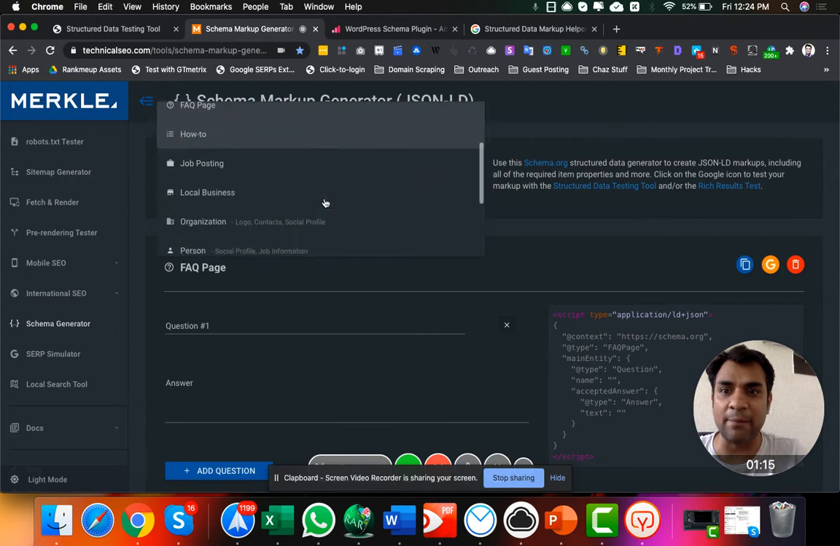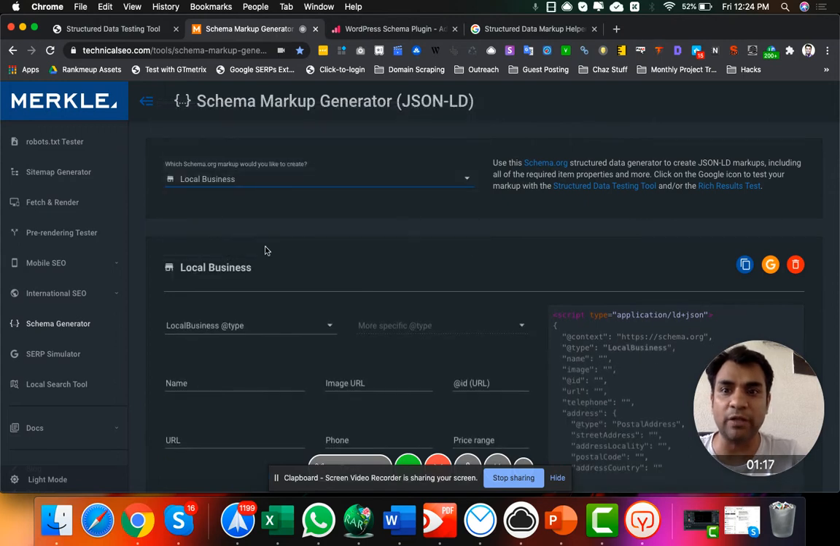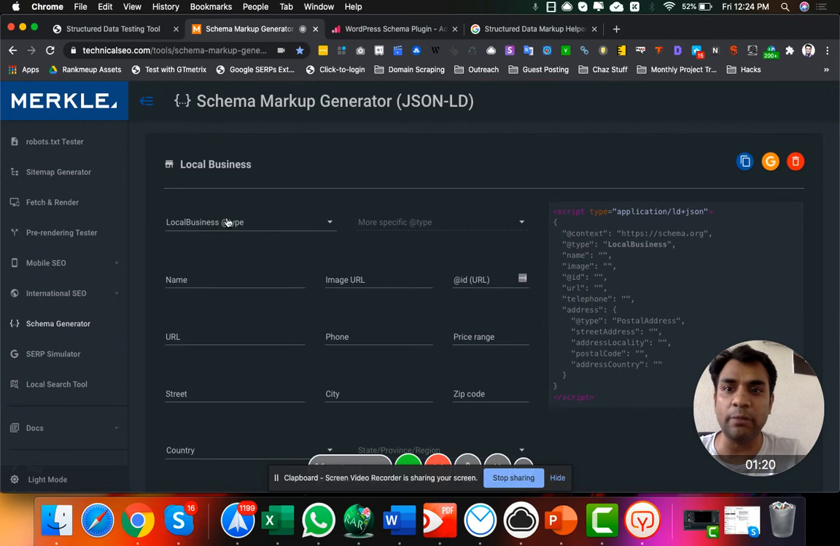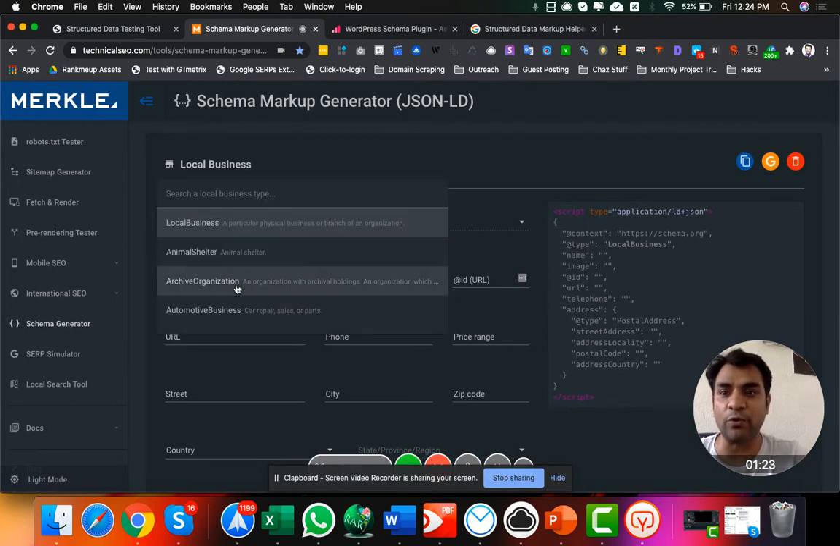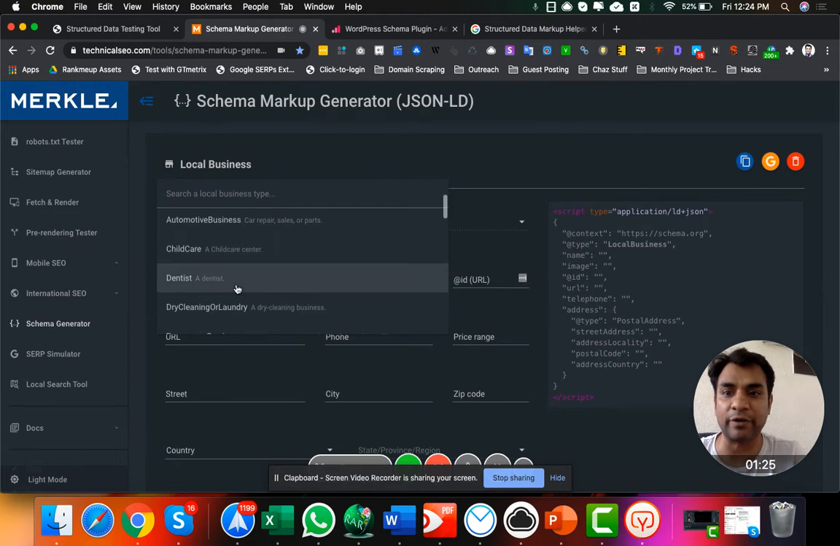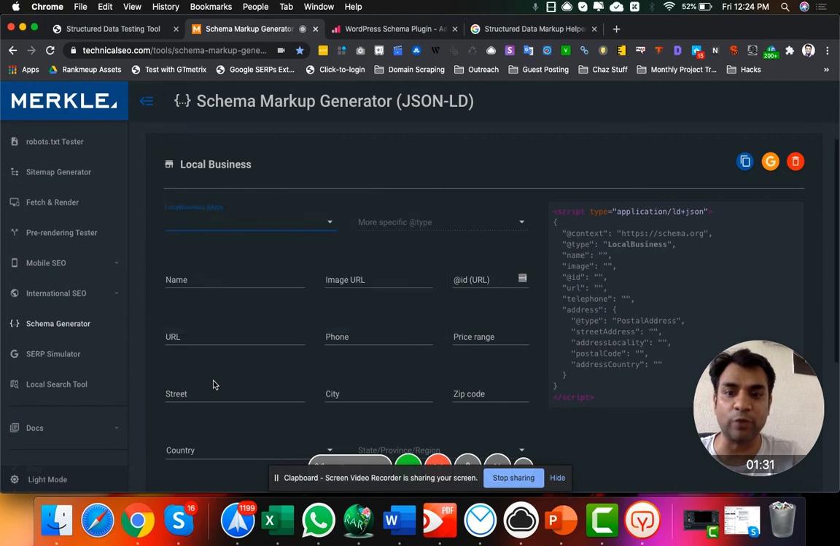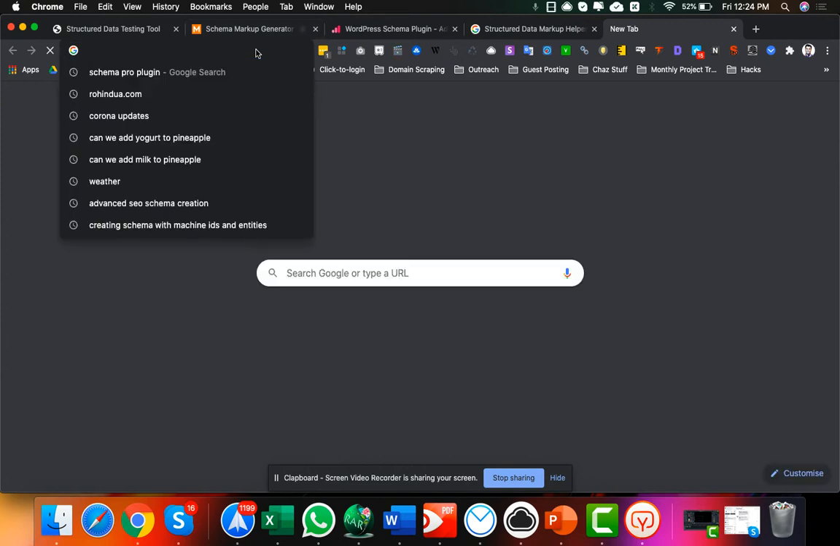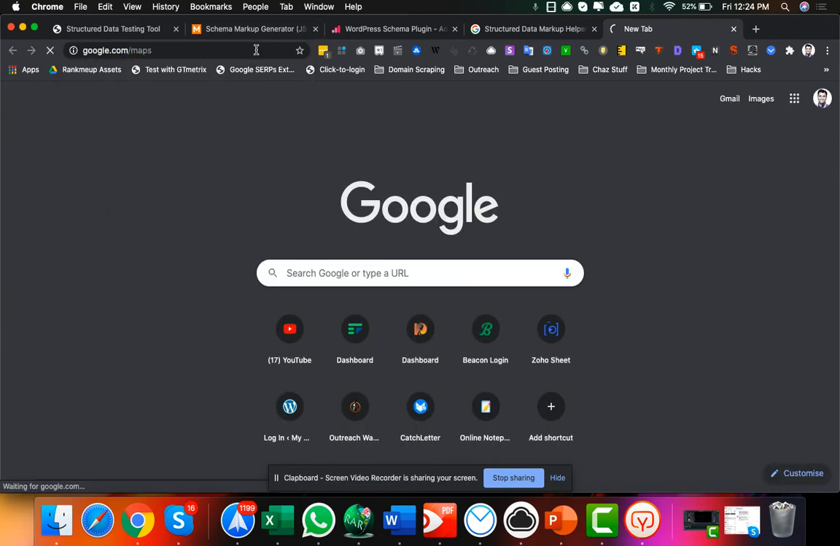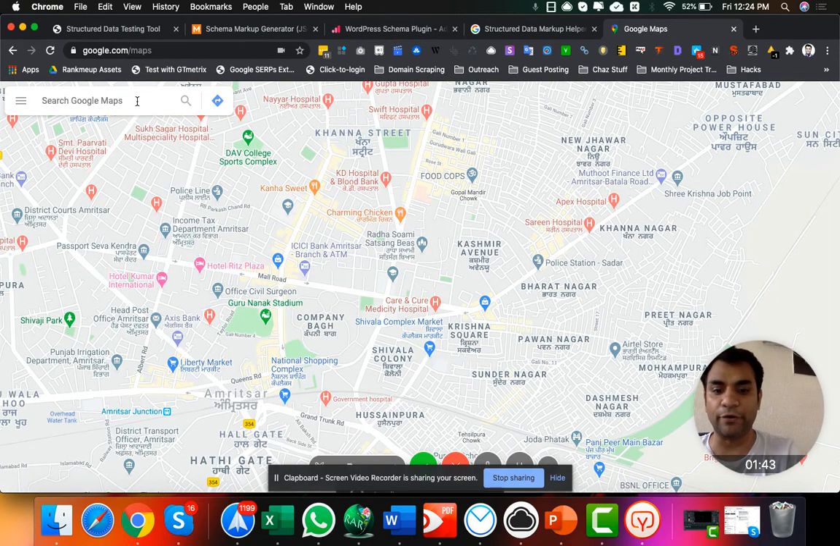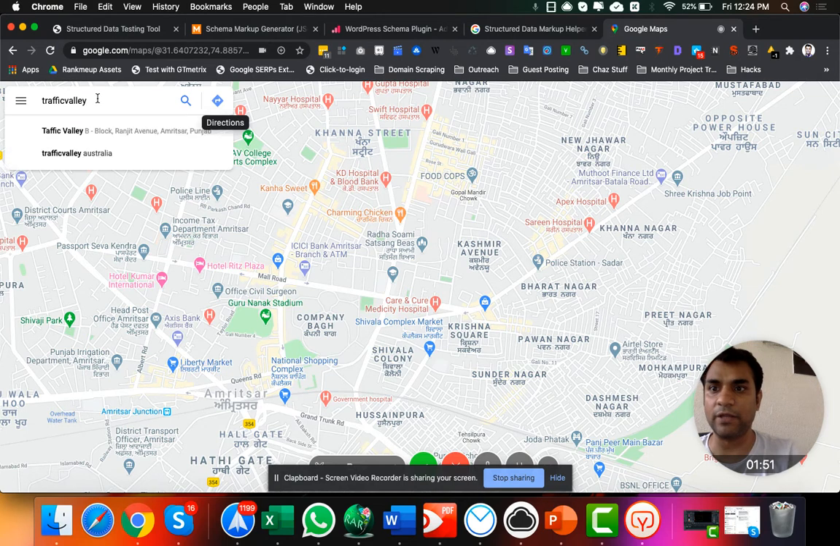So let's say I'm a local business, so I'll go with the local business option, and then the local business type, and that's where I have to go and pick my particular type. If you're not really sure about it, for all this different information, even the street and URL for your clients, you can always go to google.com/maps. Go up here, search for your client. So let's say I'm going to do it for Traffic Valley. That's one of our websites based in Australia. So Traffic Valley, and then